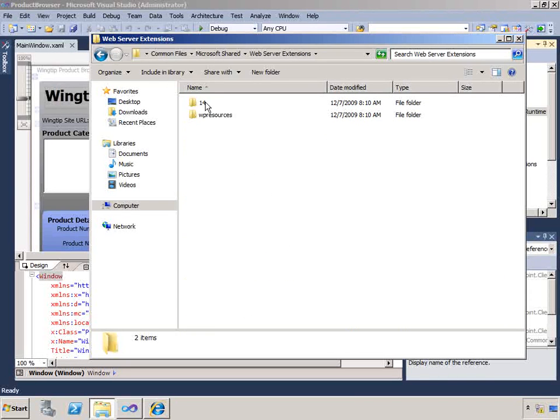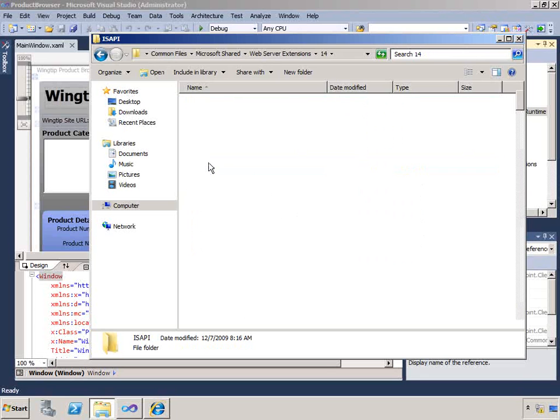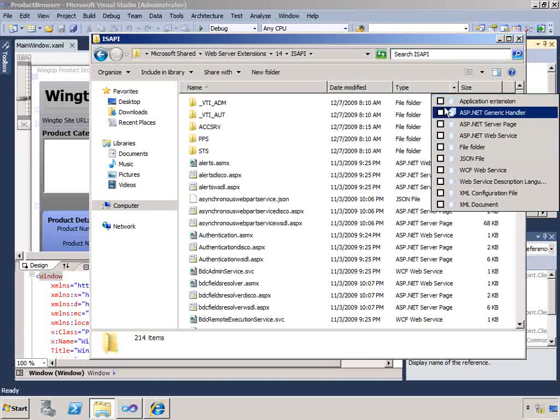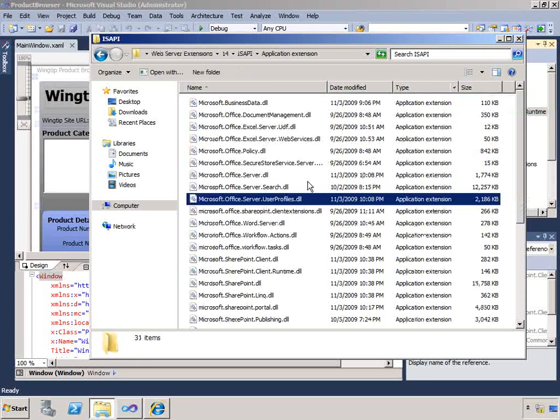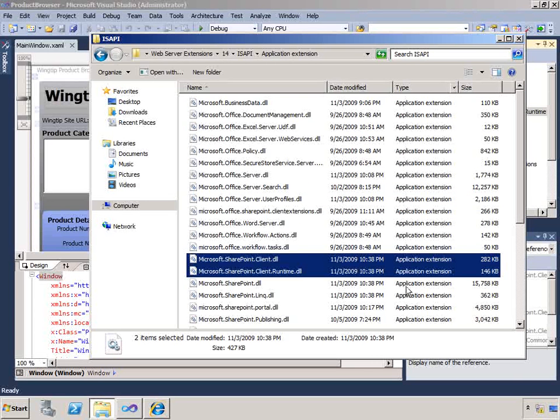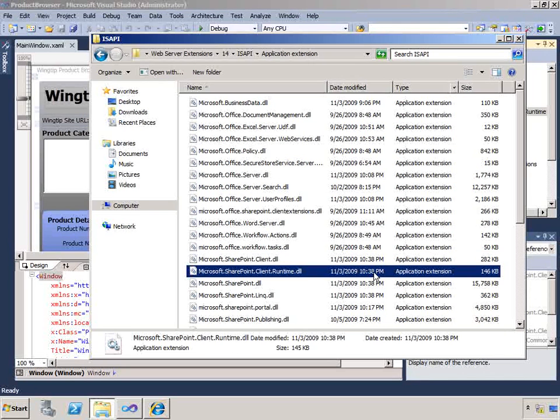for Web Server Extensions 14, and if I look under ISAPI, I'll find the 2 client DLLs. This is for the .NET Client Object Model. The first one is the actual object model. The second one is going to handle all the plumbing and the communication from your client app back to SharePoint. The way the client object model works is that it's talking to something called the client